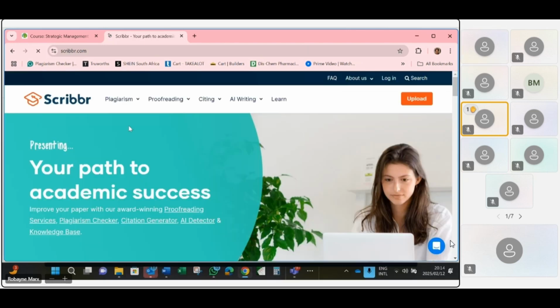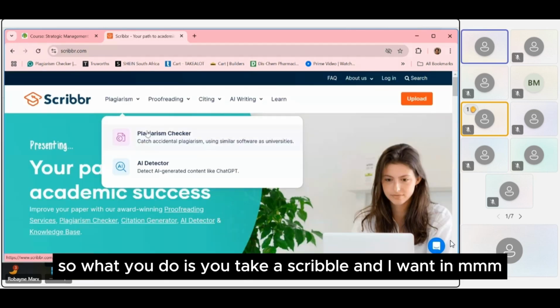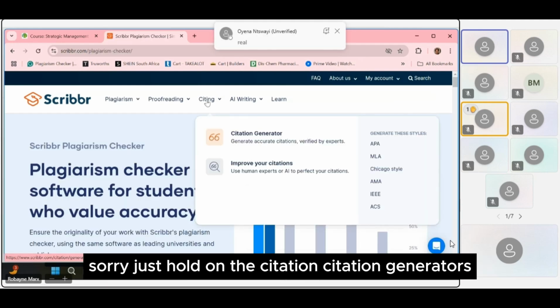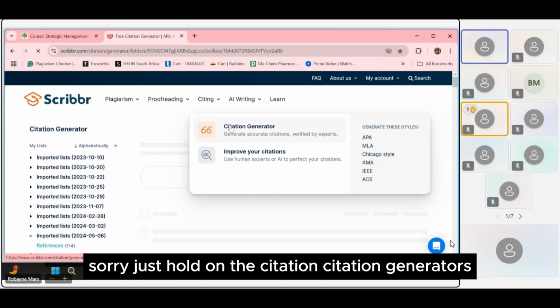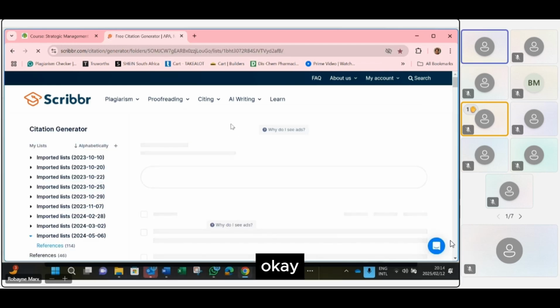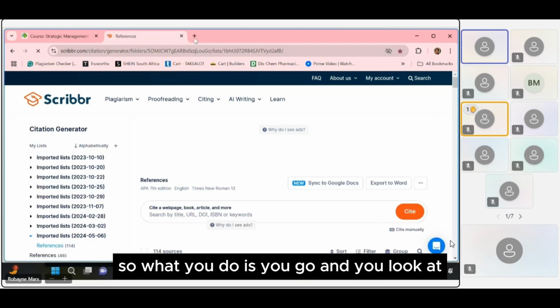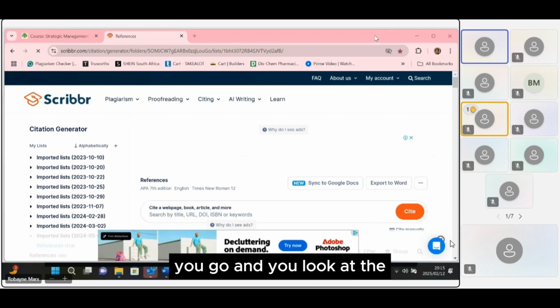Okay. So what you do is you take a Scribble, and I want in, sorry, just hold on a sec. Citation generators. Okay. So what you do is you go and you look at the